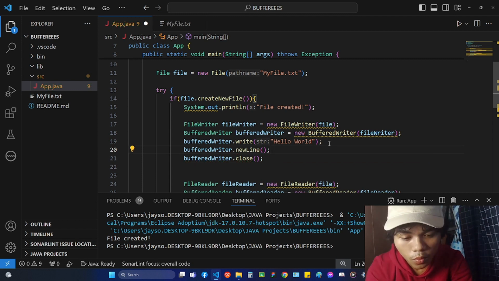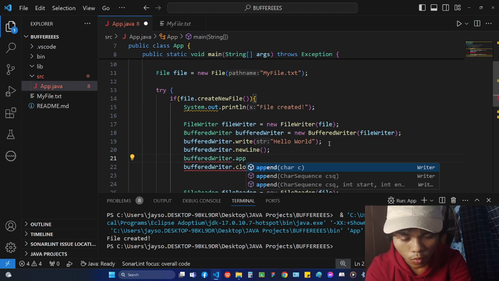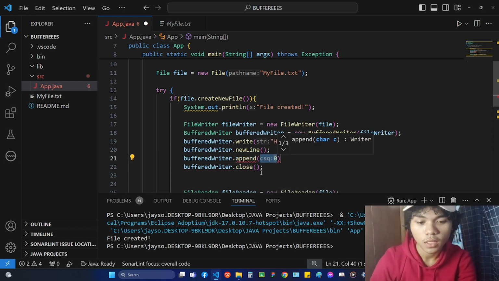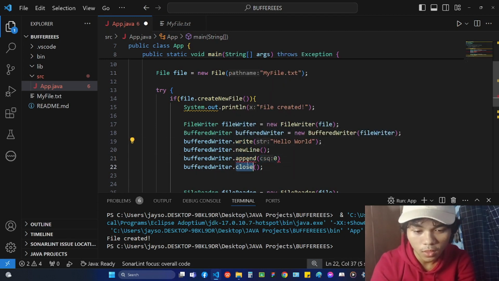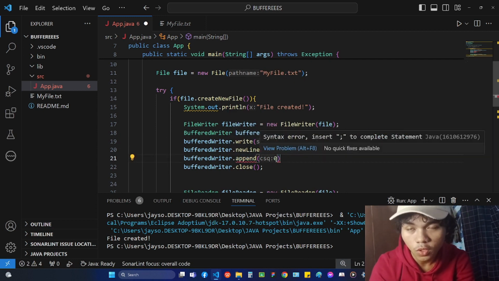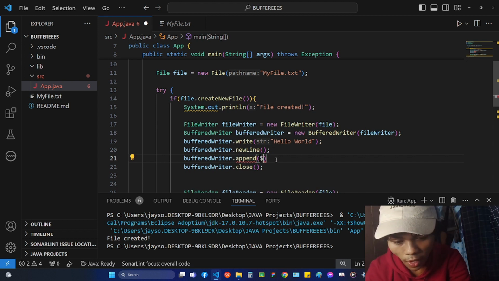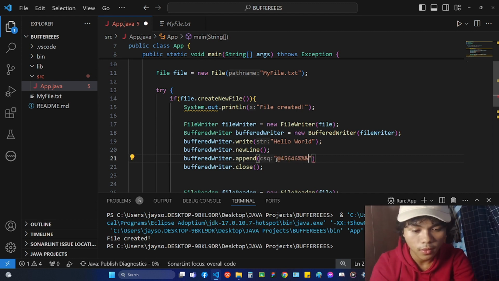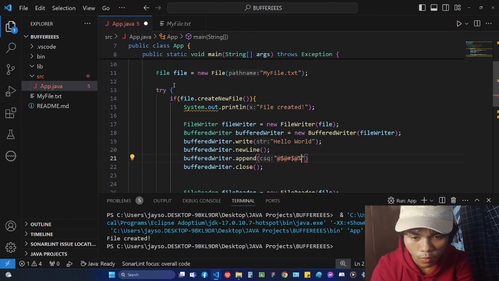If you also add another BufferedWriter.append, the purpose of the append method is the same as write, but the difference is you can use different characters or special characters, like a hashtag, I mean a string, like this. And then if you try to run this,